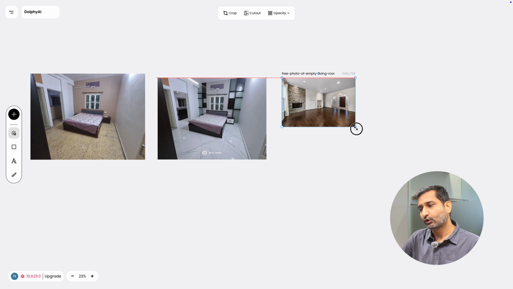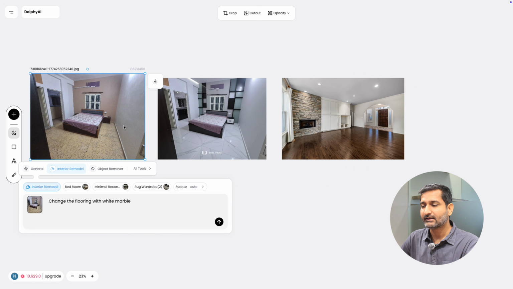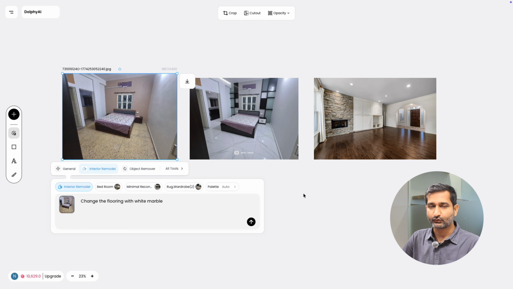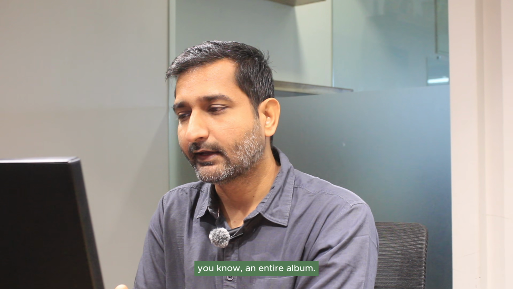Same way you can upload all the images of your room, and you can change multiple of them, and you can put down all here and show the entire workflow. And also on the left side you can see some elements are given that you can also use it to create your workflow. So with the new UI, you can see it's more cohesive, and you can put down different images into the same screen, and you can create the entire album